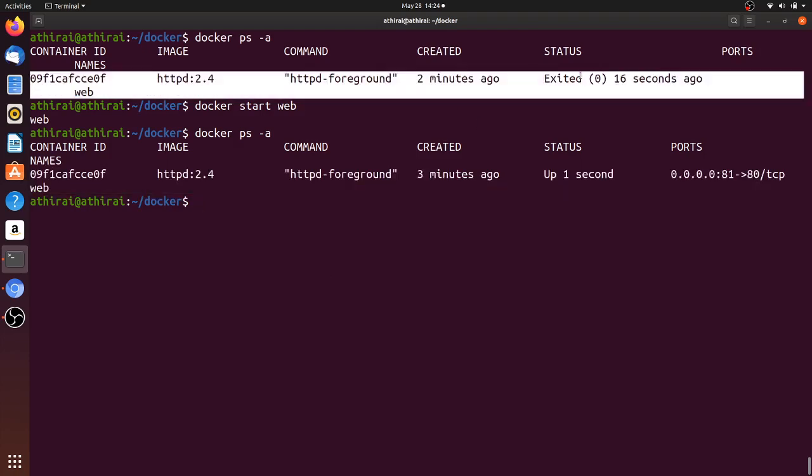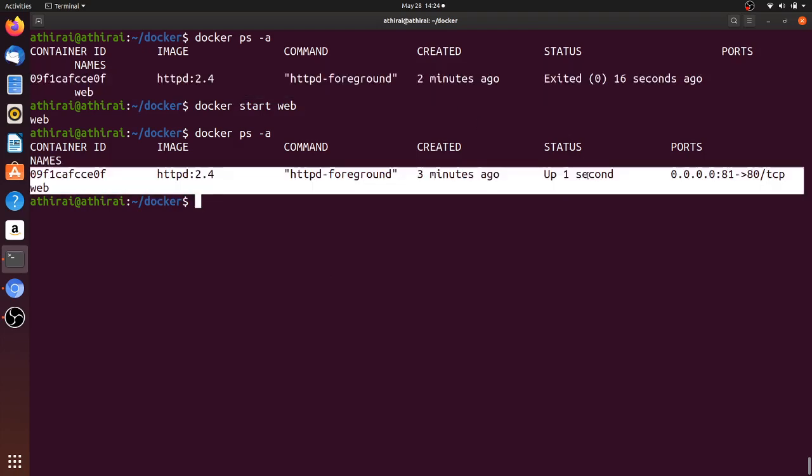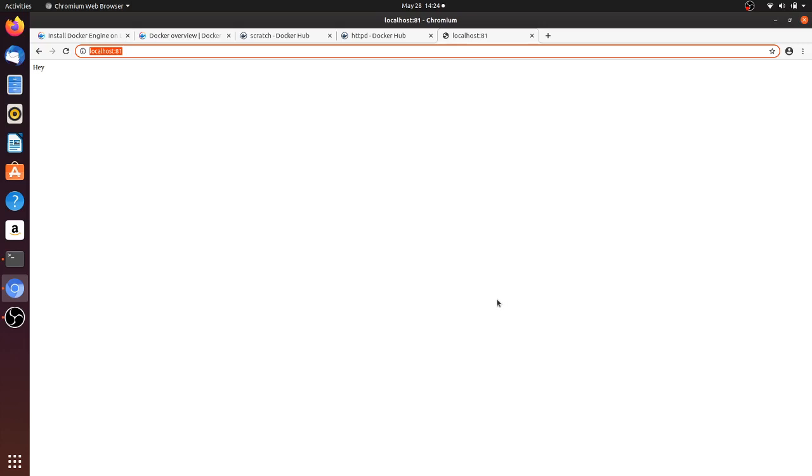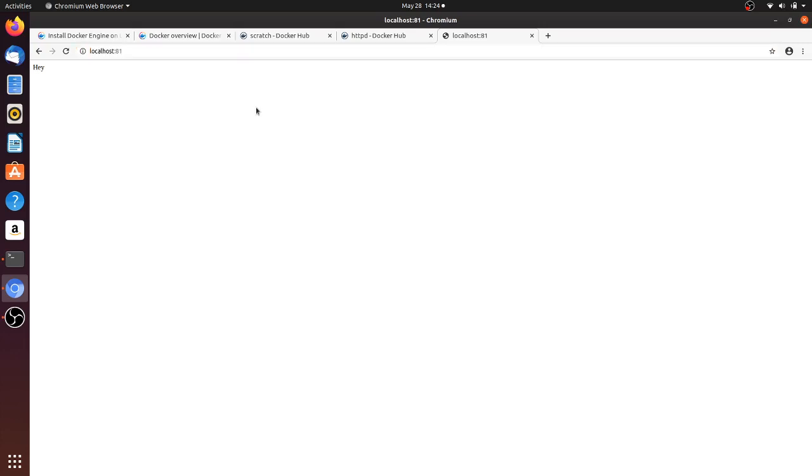This is a stopped, exited container. It started again. So this is just like how you manage or start your laptop, right? You stop it and then you start it, run some program, run some software. So see, it is serving in the browser again.